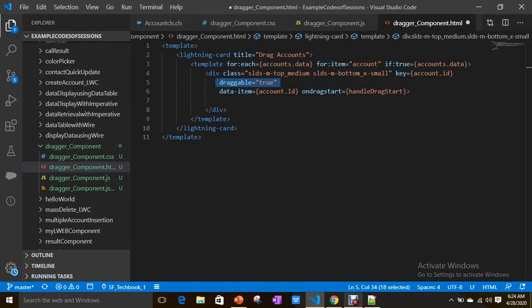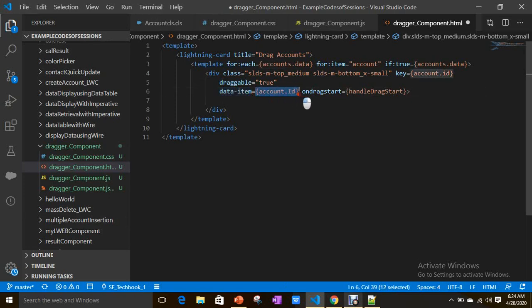I'm going to provide you a link in the description of this video from HTML also. You can easily understand that it is not specific to the Lightning Web Component programming model. It is a standard HTML attribute. And if you see here, data-item account ID, this is also not related to Lightning Web Component, but I am using an HTML element.